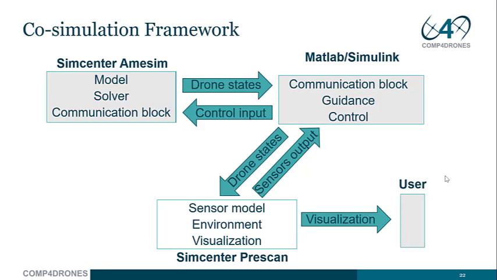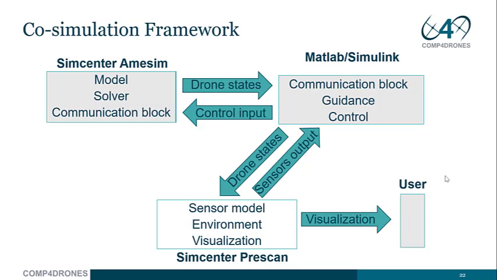This information is combined by the control algorithms, and then the control input is provided to the Amesim model, and also the drone states computed by Amesim are passed to the Prescan model, which is able to correctly position the sensors. Prescan also provides excellent visualization capabilities that help the user understand how the mission is